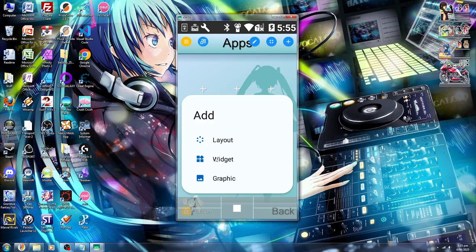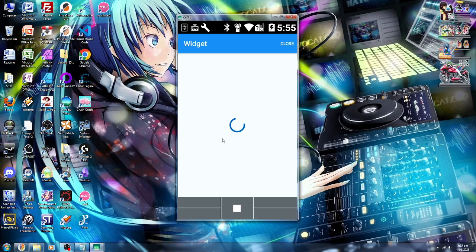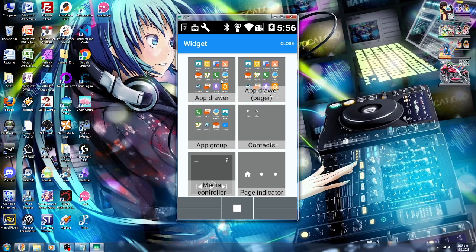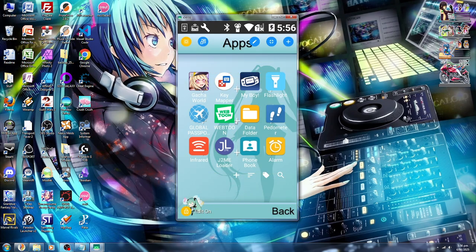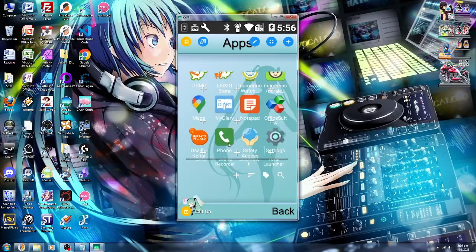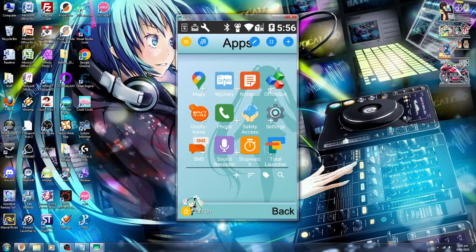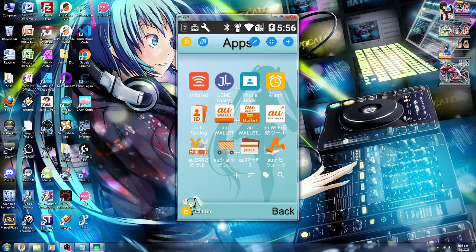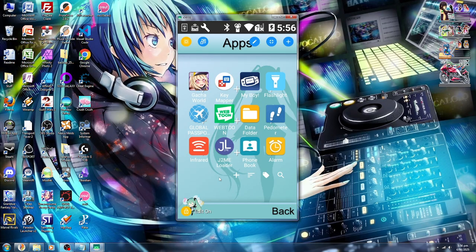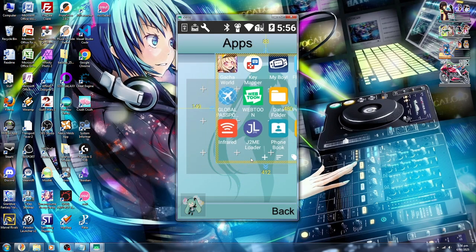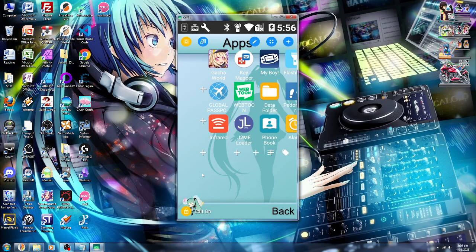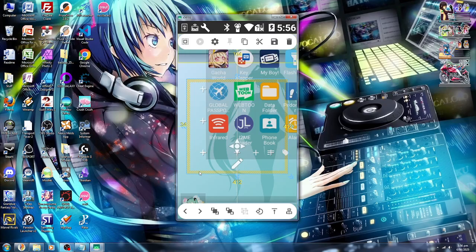I believe you can also go widget, app drawer, and this will show you a full list of all of the apps that are installed on your device. This here is useful for the app page. As you can see, you'll be able to see everything rather than just certain apps,